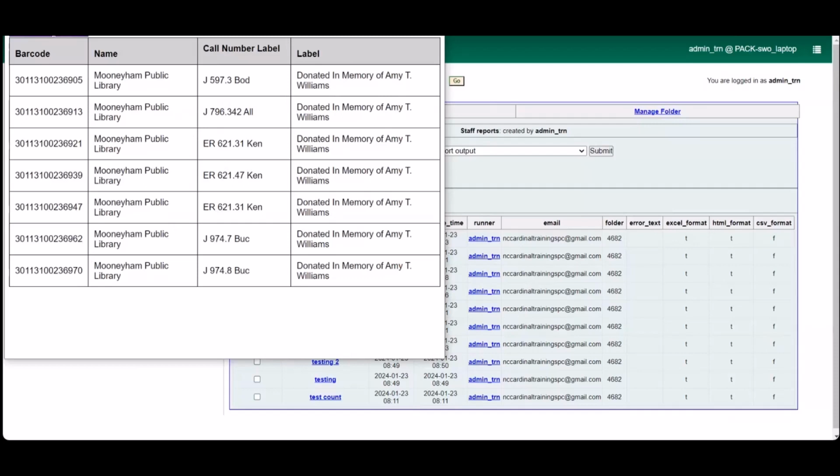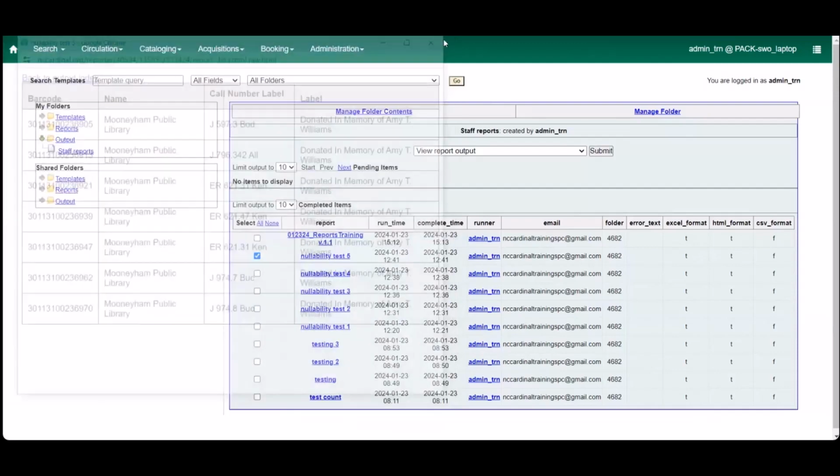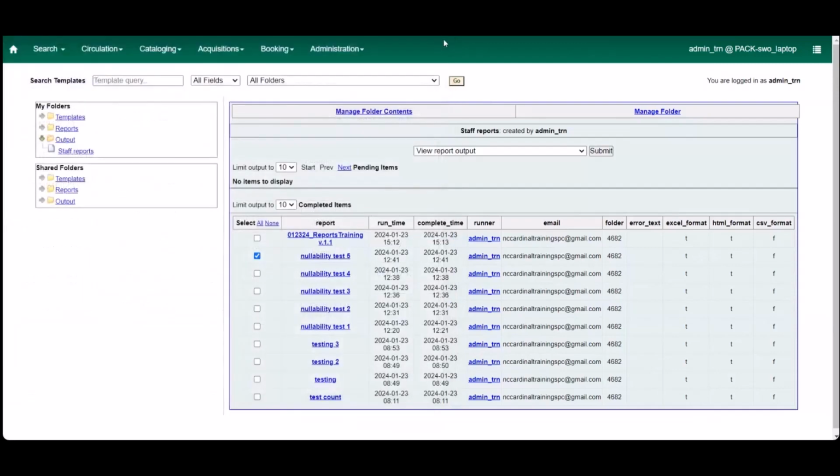So nullability is not something that I think you need to mess with in most cases, but if you are running a report and you're getting a lot of blank values where you expect to find things, nullability is the key to fixing that. Feel free to reach out to us when that happens, and we will help you set it up. You're also welcome to experiment with it yourself, but be aware that you may have to run a few different versions of it to find the exact